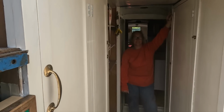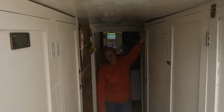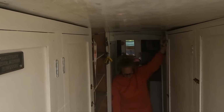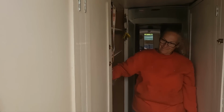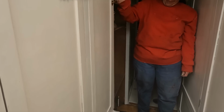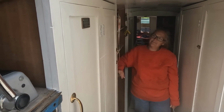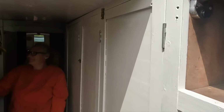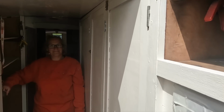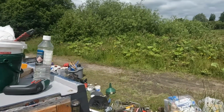So it's now a good couple of hours later and we've actually managed to get these doors fitted, but it's been quite a task because, as you can see on doors like this one, there's a bit of a gap at the top there, and if Dawn just gives that door a shake, you can see the top of it's a bit loose, but then the bottom of it don't move at all. It's kind of catching on the bottom, so that needs a bit of planing and a bit of sorting out. Yeah, so that's a further job for me to do. But what we've done is we've emptied every single bit of these cupboards, haven't we? And that's now created another little job all in itself, because if we just come out here...